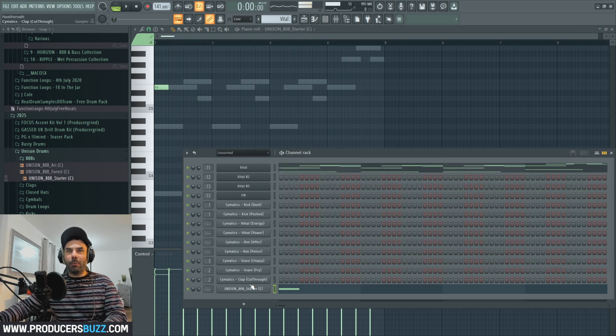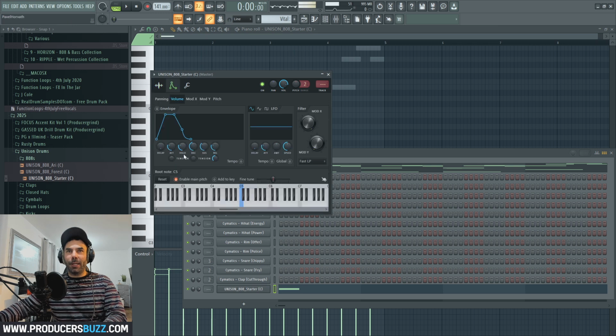Now, first thing that I'm gonna do on this 808 is go in here, kill everything off to 0, and just take the hold up to 75%, sustain, move it up about 25%, and release about, as you guys can see here on the screen, just move it up, not 25%, not 15, but 10, just like that. So when you press it,